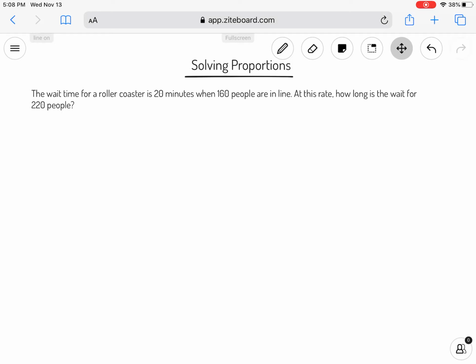Okay, so oftentimes we are asked to solve proportions to figure out the solution to a problem. So we have a problem here where it says the wait time for a roller coaster is 20 minutes when 160 people are in line. At this rate, how long is the wait for 220 people? So to solve this,